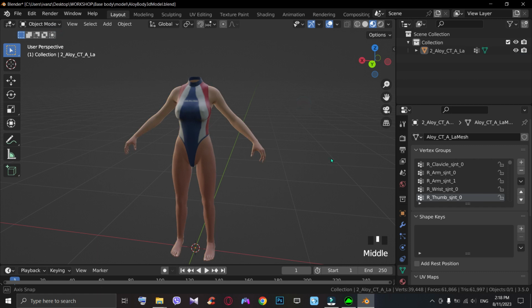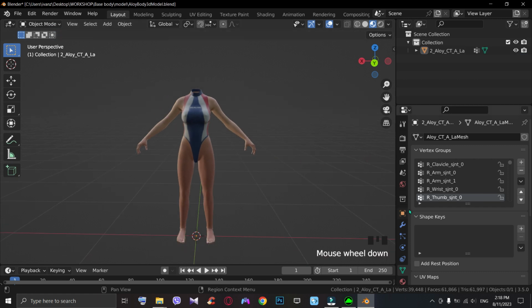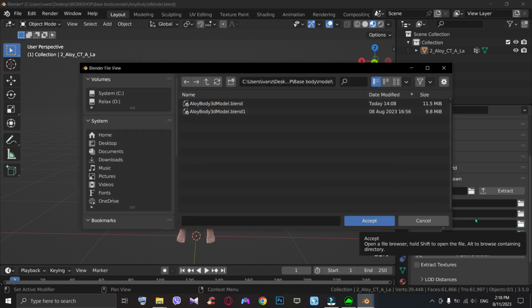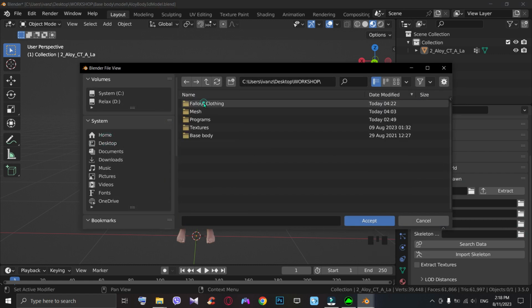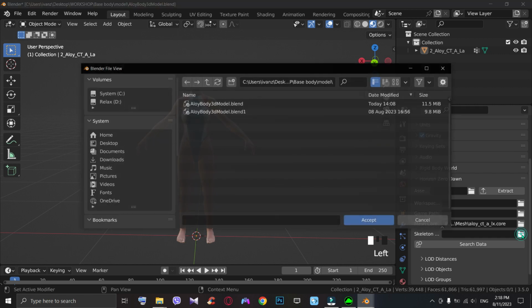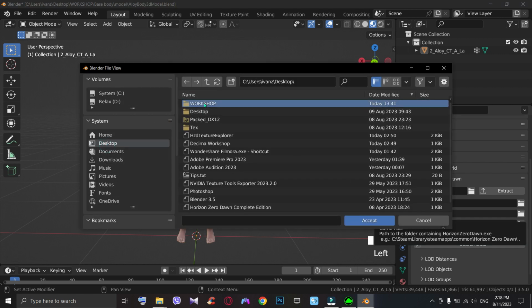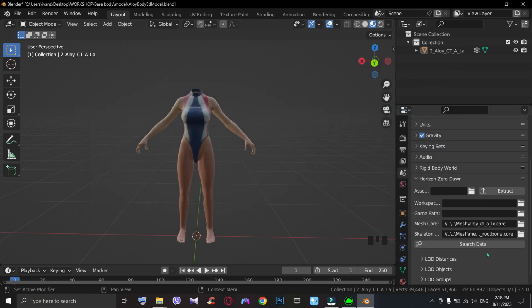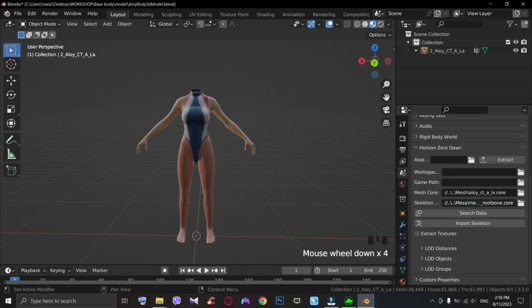And let's transfer our body to the game. So we will go to Scene Properties. Here on Horizon Zero Dawn tab, under the Mesh Core section, we'll go to our workshop folder, Mesh, and choose Aloy CTA. And the skeleton, in the same folder, the Mesh Skeleton Root Bone. Press Search Data, open LOD groups,